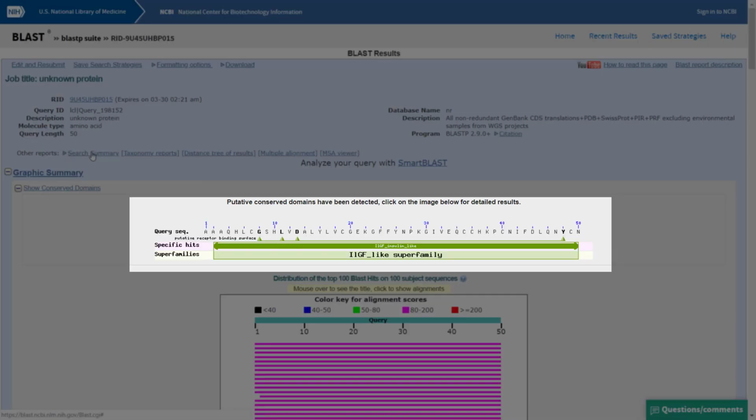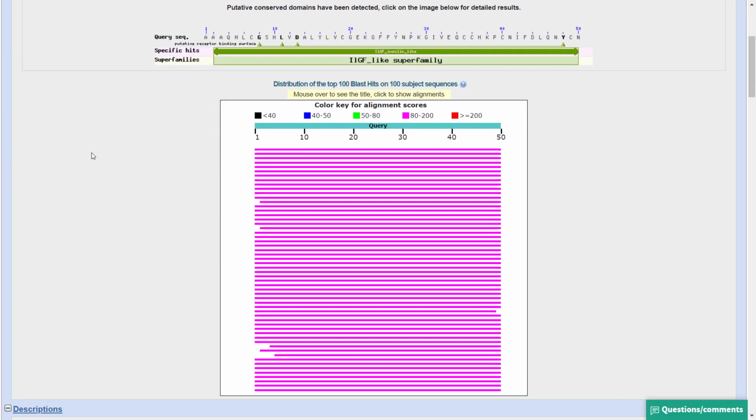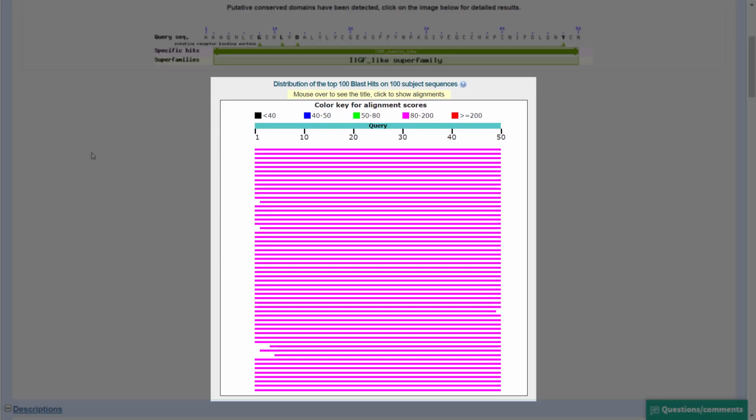The second part includes a plot of our sequence with markings of the conserved domains that were found by the search. The third part includes a graphical view of the results. Each line represents one result and the line length is proportional to the sequence coverage. The line color is based on a BLAST score, with high scores shown as red or pink.